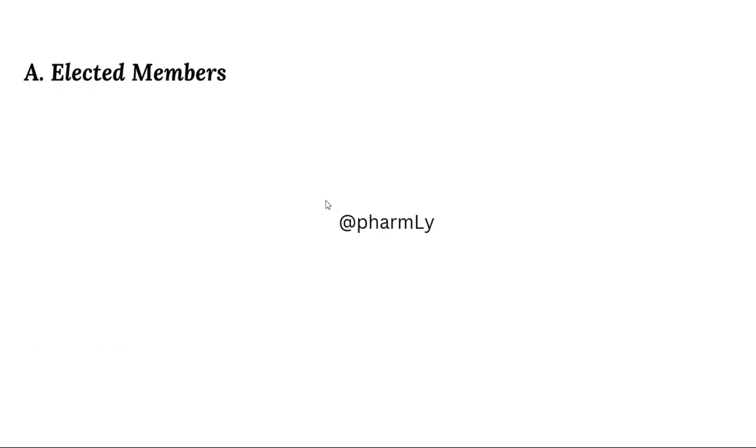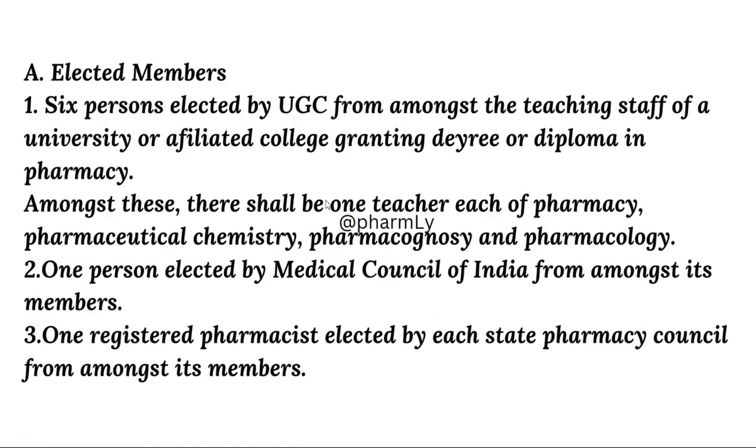So first is elected members. In elected members there should be at least 6 persons elected by UGC from amongst the teaching staff. That is, the 6 persons elected should be of the teaching background. They should be of the faculty background of any university or affiliated college granting the degree or diploma in pharmacy. That means the college or university should have the degree or diploma courses in pharmacy, so that from that background 6 teachers should be